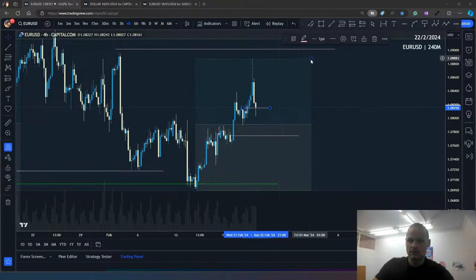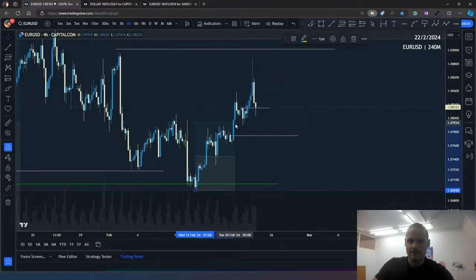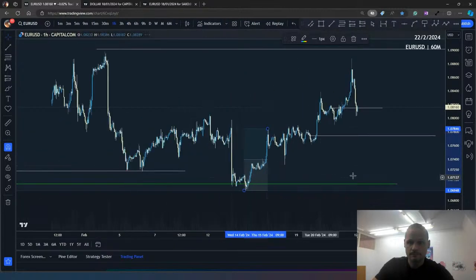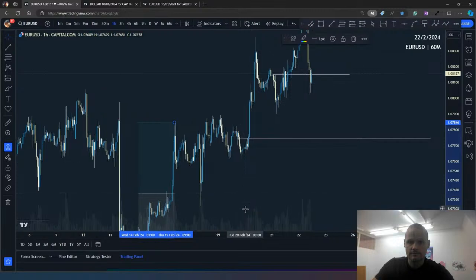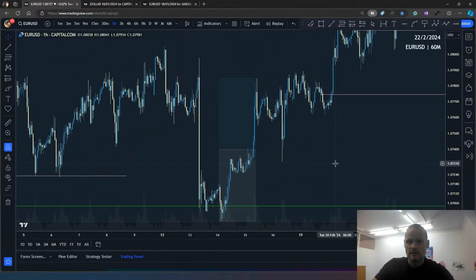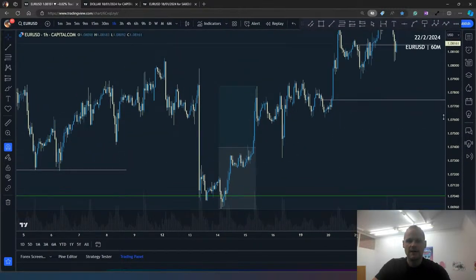Also, let's look a little bit on the left-hand side in here, right? You can see in here we had actually this level. Let's look at it on the 1 hour, right? So when the price has moved sharply in here, right? Maybe someone was trying to buy this breakout, right? Continuation up. Those who did it were right with the bias that the price will go up. It went up, but look again.